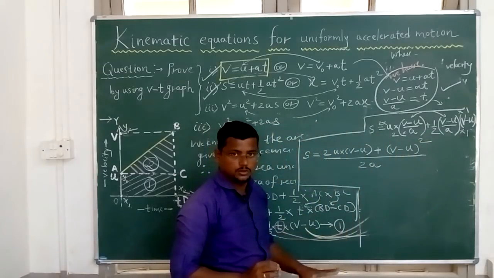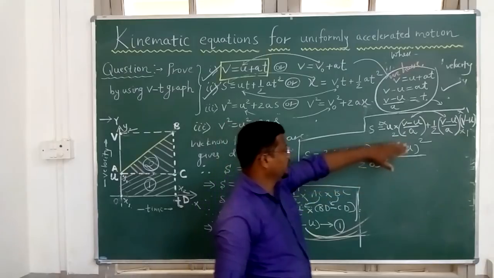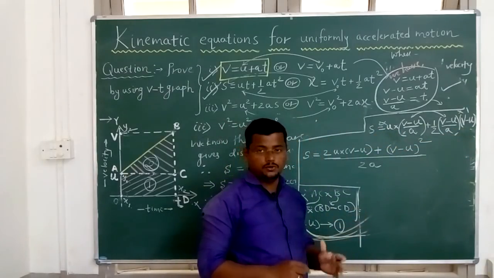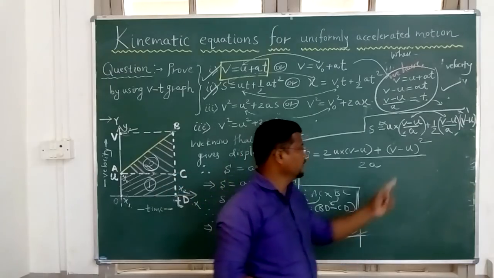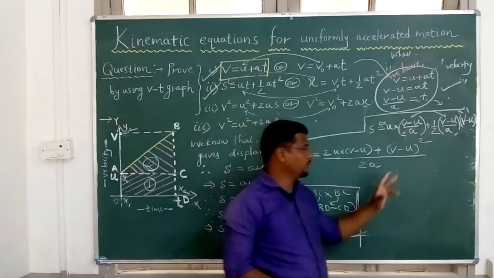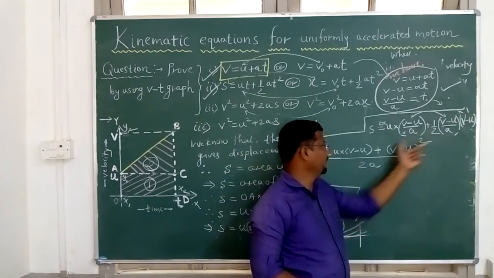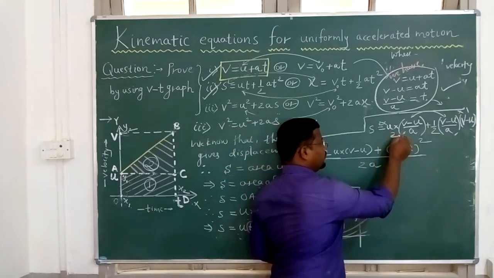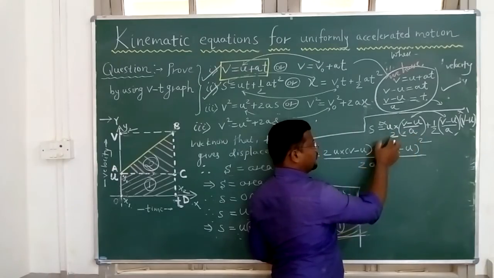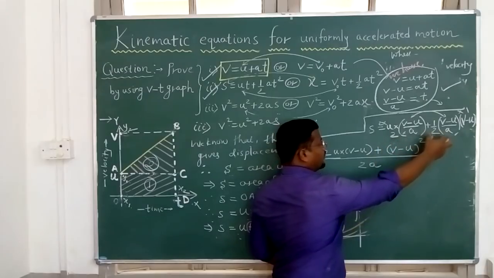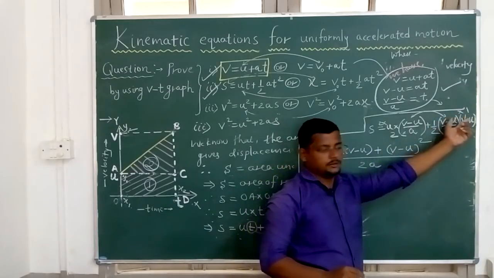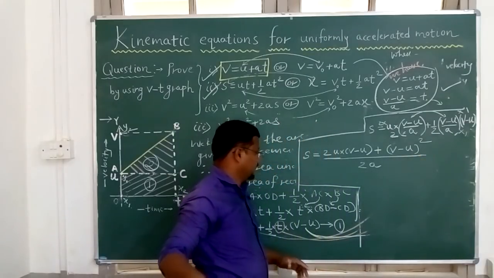I hope you understood what you have done here. Initially it was like this. So the LCM, the least common multiple, you have taken is 2A. In Marathi we call it Lasavi. So here I have taken LCM 2A. So here I have to multiply by 2. So 2A into here I will get as it is. So here also 2 multiplied here. Here already 2A is there, so here I multiplied by 1. So (V minus U) into (V minus U), V square minus U square, I have written, right?